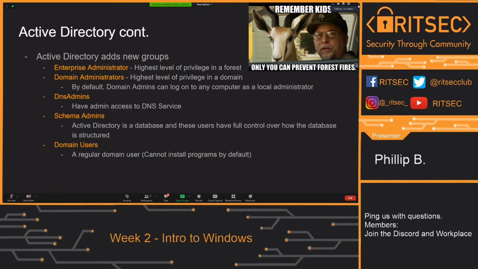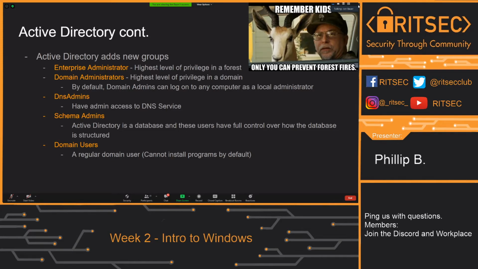So more Active Directory. Here are the main admin users that you want to look out for in Active Directory. They have the Enterprise Administrator. This is the administrator that can control everything in the entire forest across multiple domains. This is something that you want to be careful giving out permission with. Then there is the second highest one, which is the Domain Administrator. You also want to be extremely careful with this because this is the highest level privilege in a domain. So enterprise admins are an entire forest, so they can access all the domains in the forest, and domain admins can only access a specific domain.